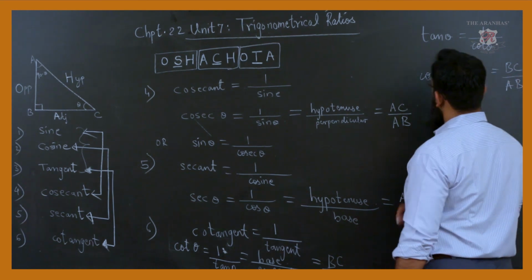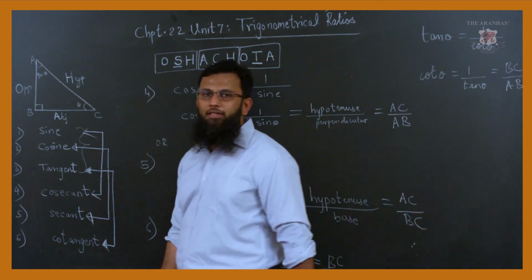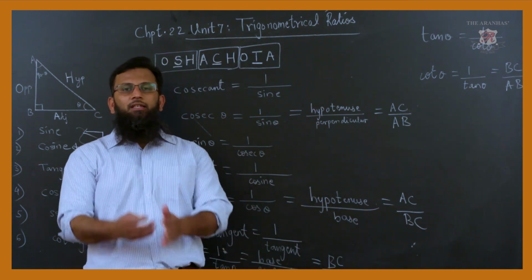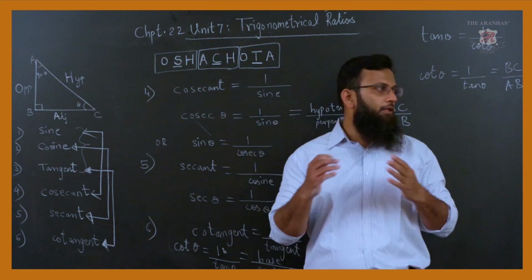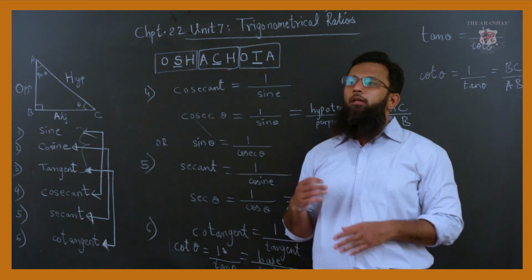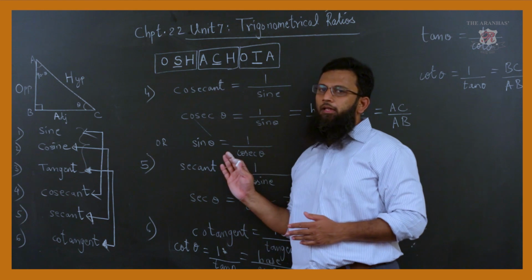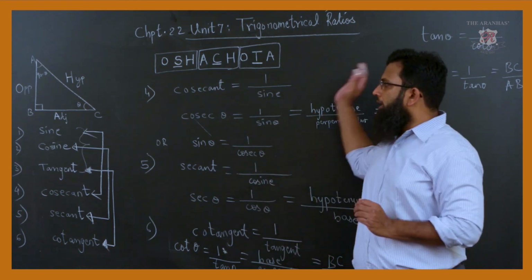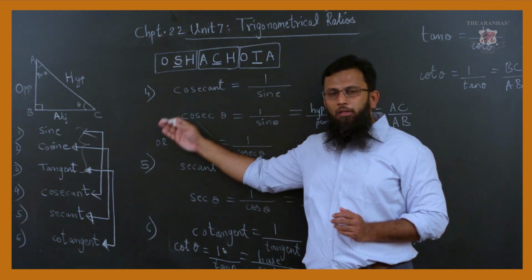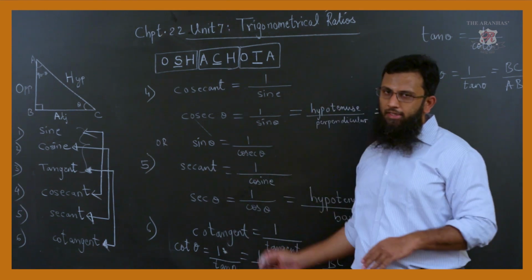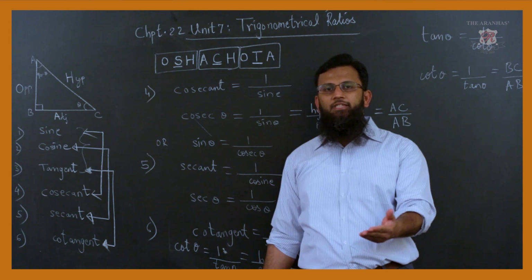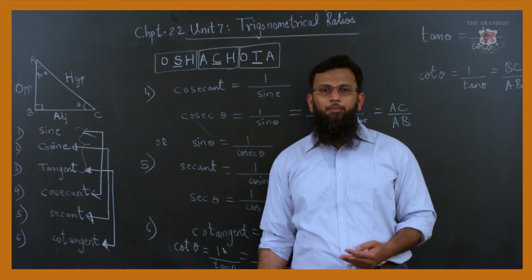So, I hope all the 6 trigonometric ratios, the description about the right angle triangle, the reference angle, everything is known to us. For today, the assignment is, please write down all these trigonometric ratios in your notebook and try to understand the concept, so that next lecture we can solve some problems from the exercise.